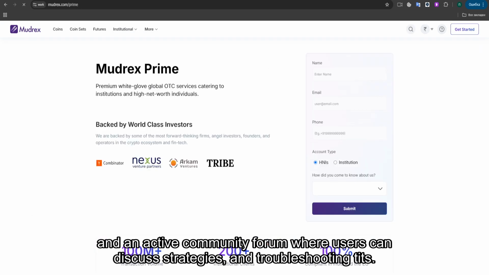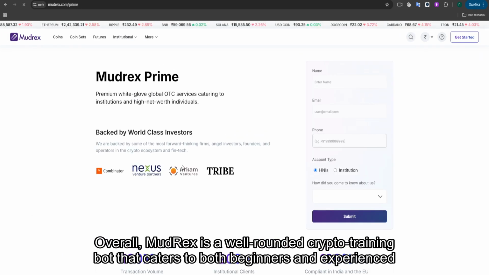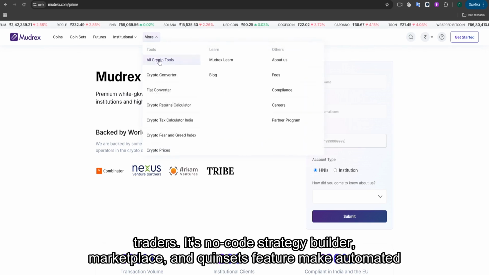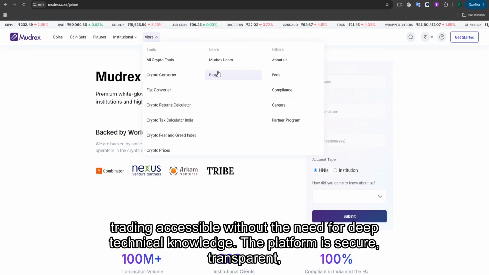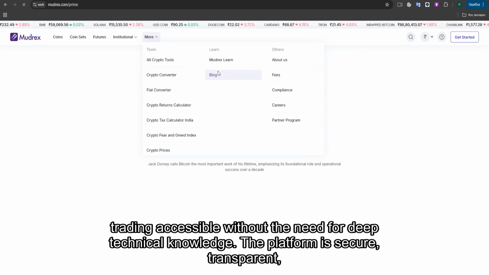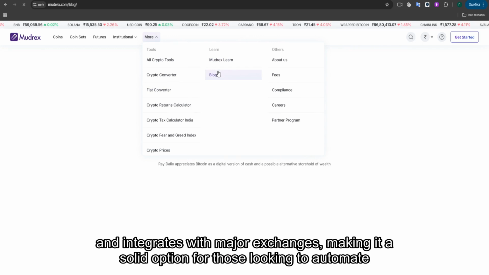and troubleshooting tips. Overall, Mudrex is a well-rounded crypto trading bot that caters to both beginners and experienced traders. Its no-code strategy builder, marketplace, and CoinSets feature make automated trading accessible without the need for deep technical knowledge. The platform is secure, transparent, and integrates with major exchanges, making it a solid option for those looking to automate